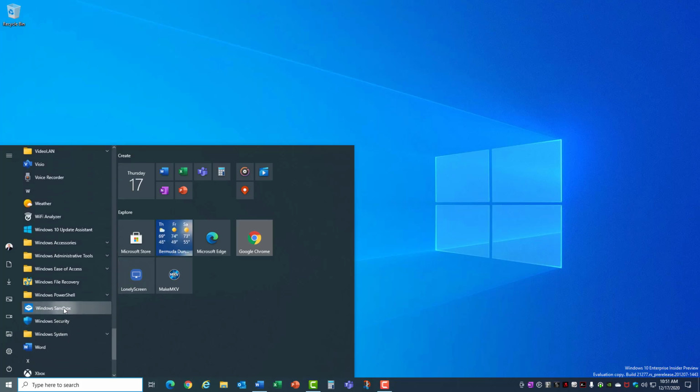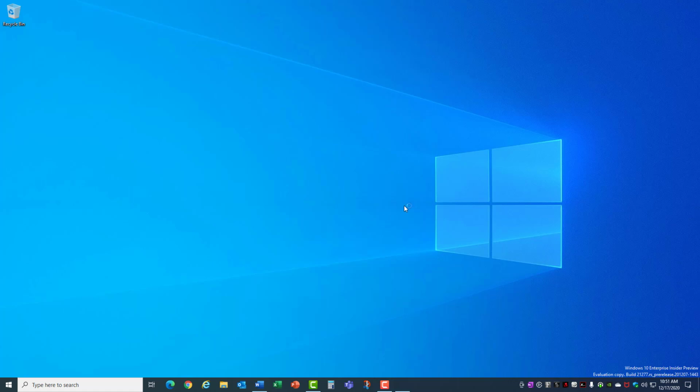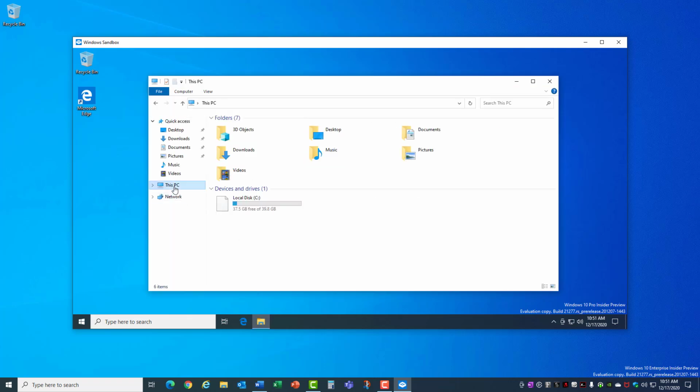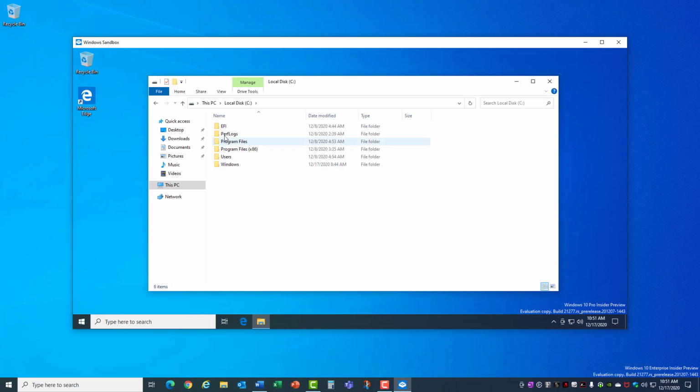Click on that to open it up, and you'll have a virtual environment that is completely disposable by closing the window. Anything you do within this environment will get thrown away. You can see that there's a 40 gigabyte drive that's been created, and it really contains nothing other than the basic Windows setup. Even your Documents folder is empty, and there's no applications installed other than basic things like Microsoft